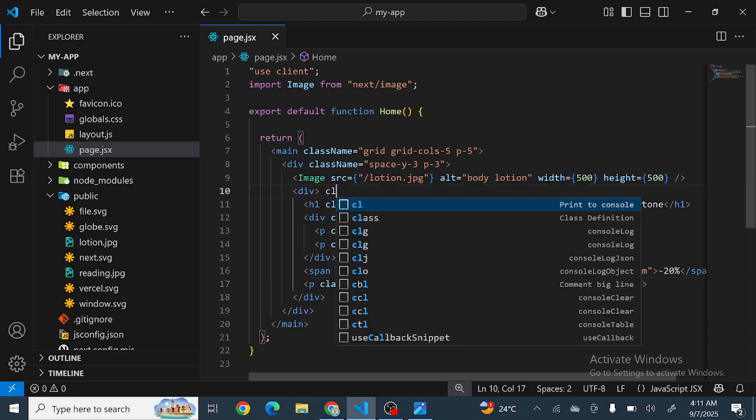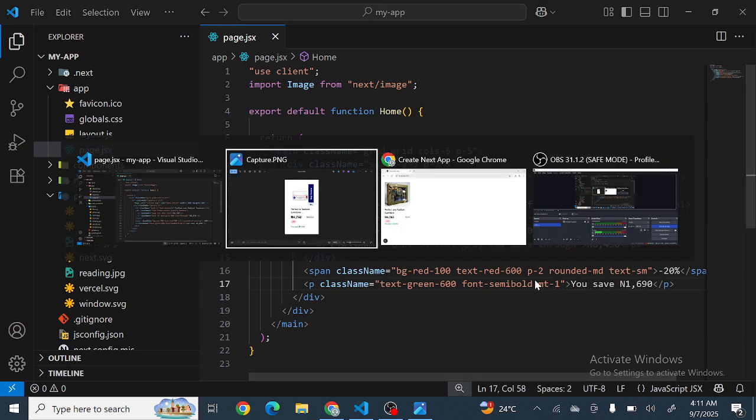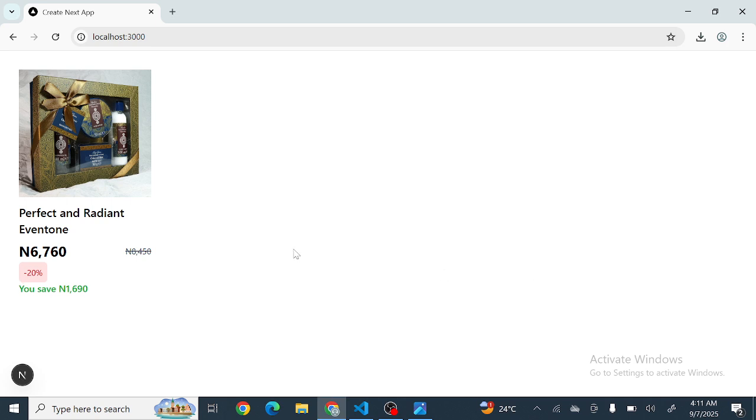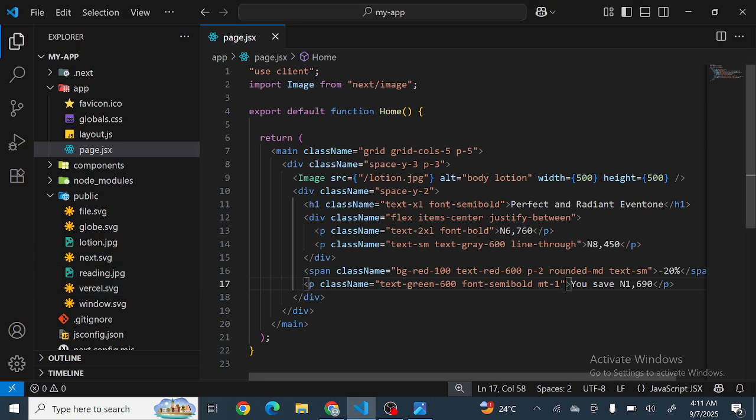So this div element's class name, space on the y-axis of 2. Then on this p element again, because there seems to be added space, margin top of 1, just so I have something that looks like this. Then the space of 2 does not seem to be enough, so I'm going to double that and make it 4,